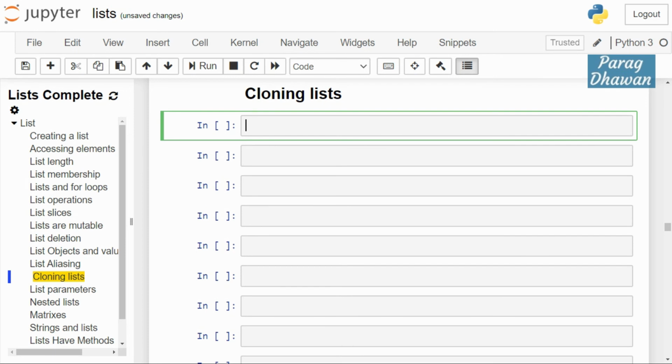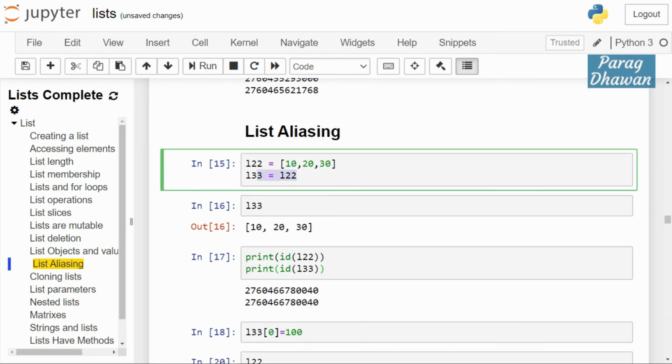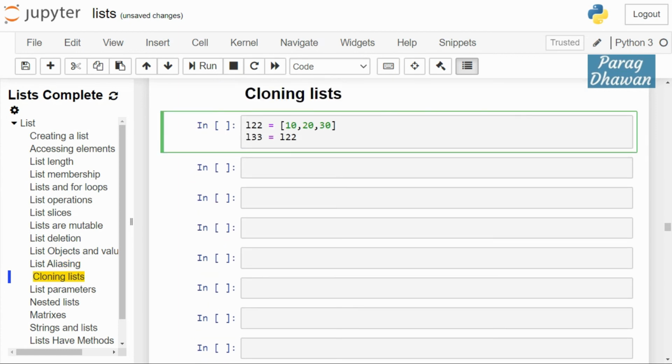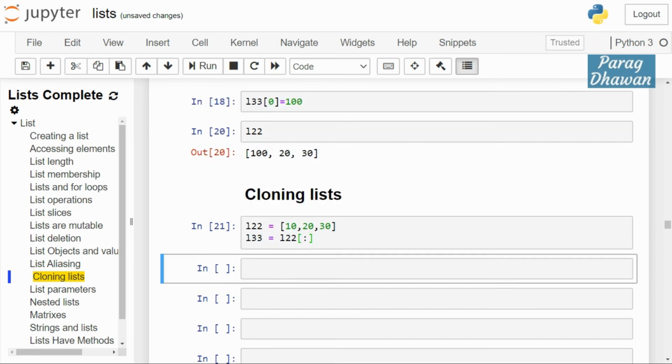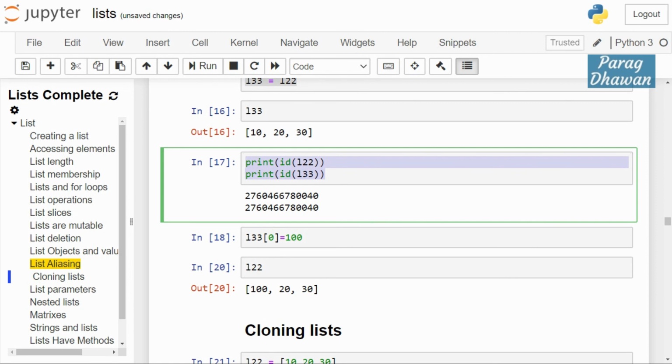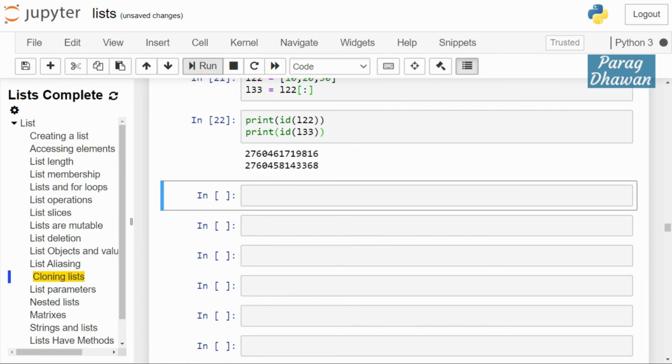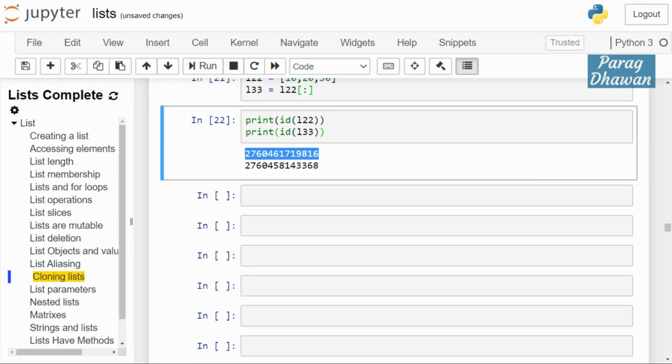You have the same list L22, which creates an L22 object of type list, and while assigning L22 to L33 we use slicing with a colon with empty indices. In that case, a copy of L22 is created in L33, which are at different memory locations. If you print the ID of L22 and L33, in this case you see they are stored at different memory locations. Their memory IDs are different.